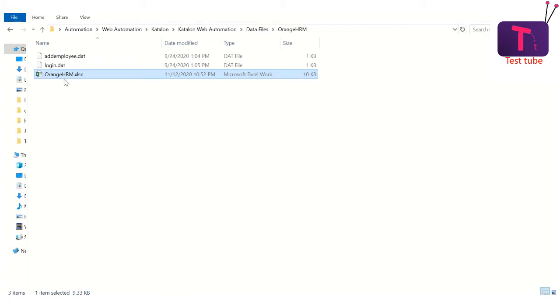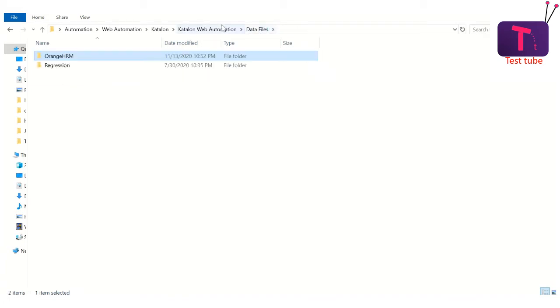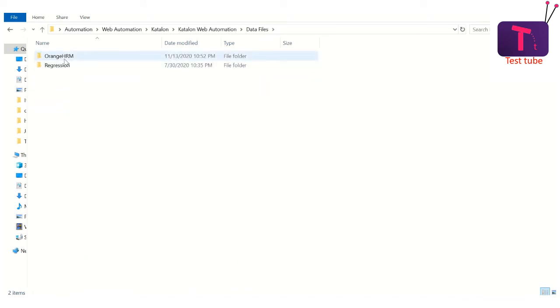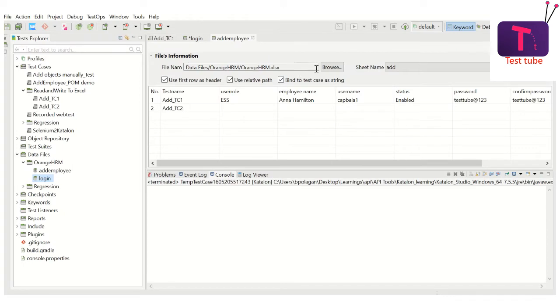And also you can create another folder in this Katalon project studio. Create one more folder and keep your Excel sheets over there, and internally you can link in the studio. So that is also possible, and you have to link it over here.